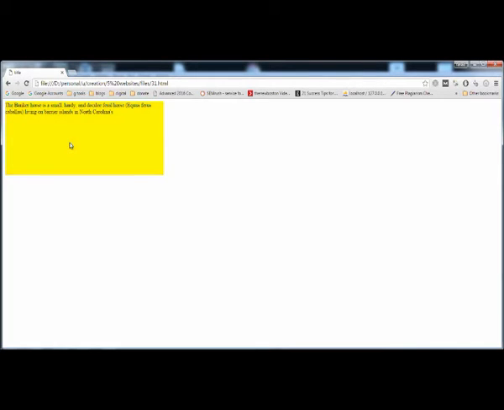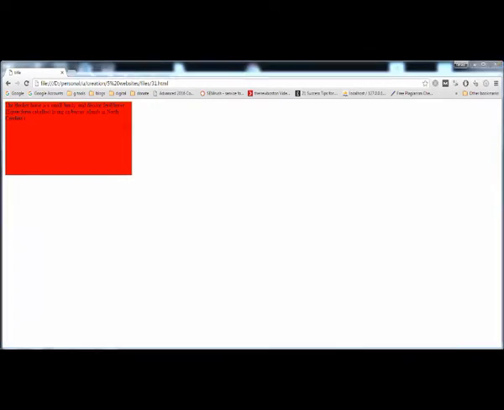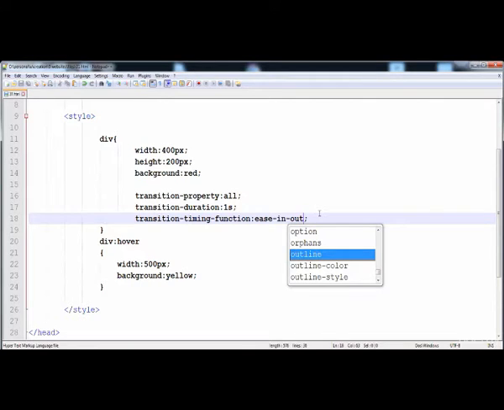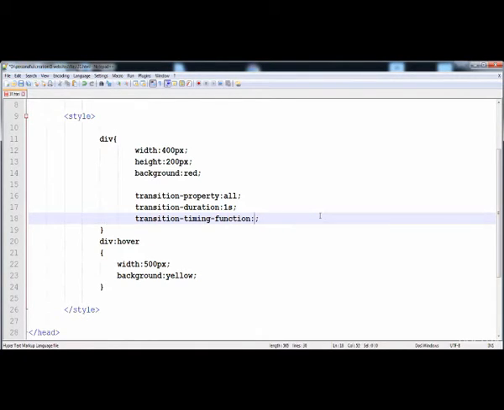Here you can see that at the end its speed is slow. And if we give ease-in-out, then the transition speed is slow at the start and at the end, but at the center of the transition its speed is fast. And now here I'm going to give it linear,